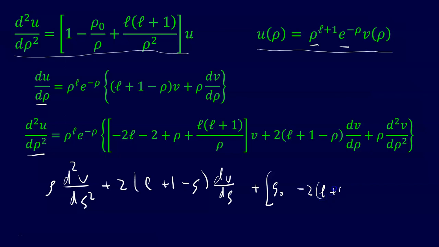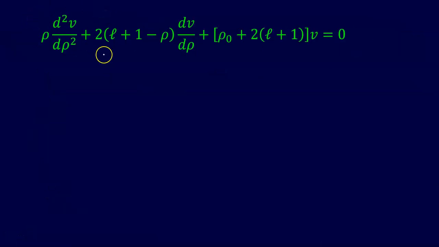What's nice is that we made things, though it may not seem like it, a little bit simpler by isolating this part of the function. So we're trying to solve for this v sub p here. All right, so this is our differential equation, and the method we're going to use is the power series method. Basically, we're going to assume that our solution can be written as a power series in rho. So we'll just make up some power series here,